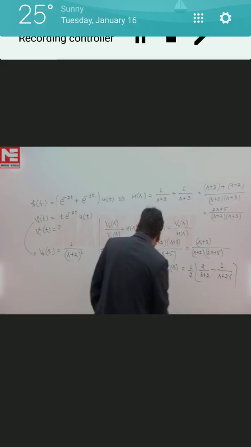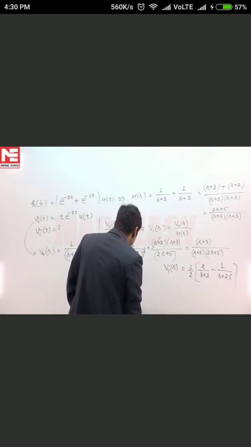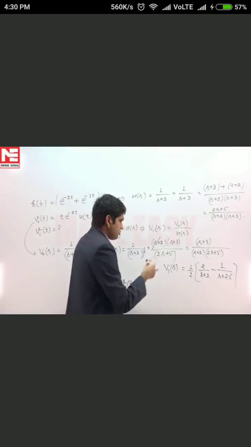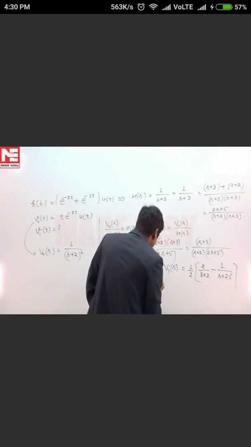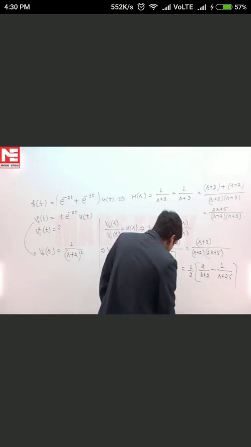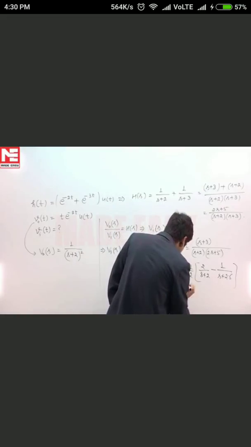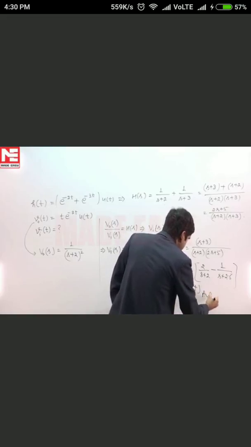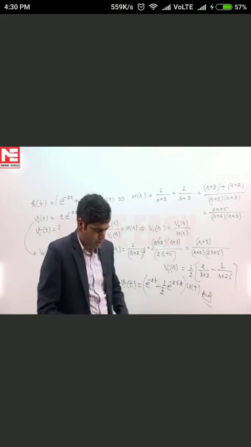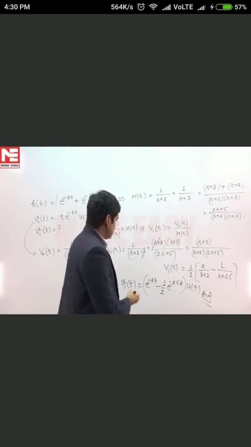We take the inverse Laplace transform of this expression, then vi(t) is equal to, 2 will cancel out, e to the power minus 2t minus 1 upon 2, and this is e to the power minus 2.5t, this one u(t), that is the answer. So, which is given in option D. So, our answer for this question is given by option